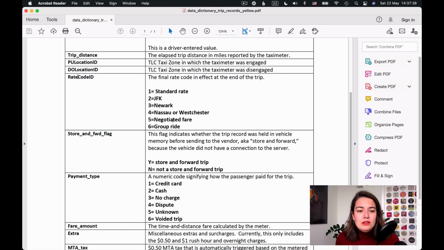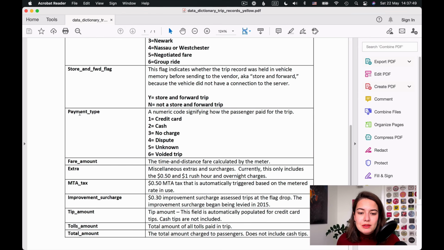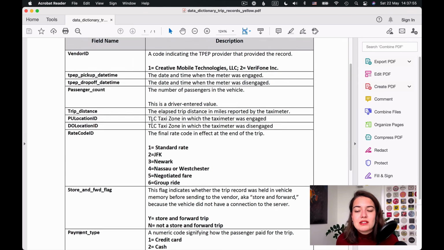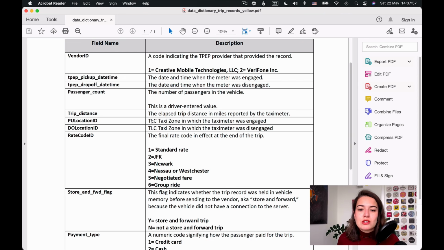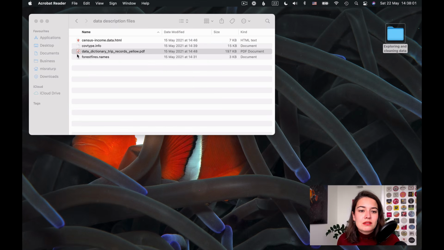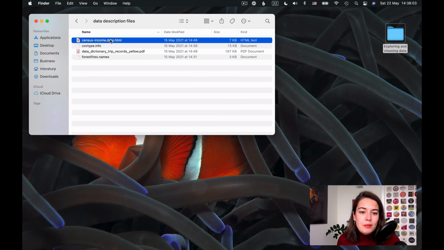So it's basically all the trips that happened in New York in a whole month or something like that. Apparently this rate code, if it's 1, it means the standard rate. If it's 2, I guess it means they're going to JFK or Newark or similar places, or the payment type. If you are just looking at the data, you will not be able to understand this. So it's important to see these explanation files, and you're always going to find them somewhere. As I said, it could be in a PDF format. It could be, apparently,